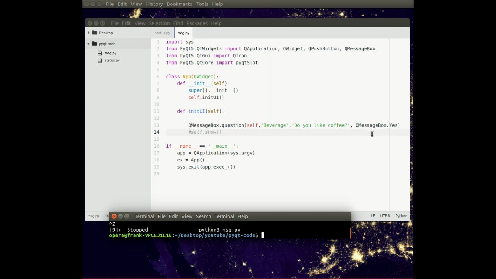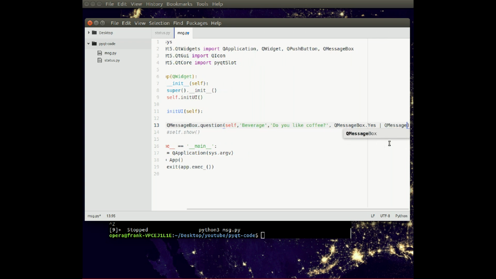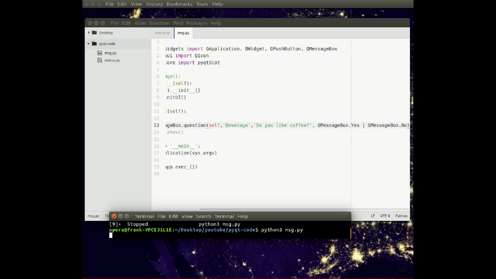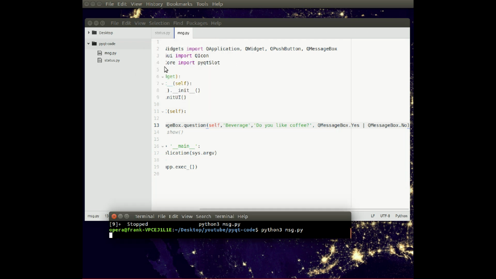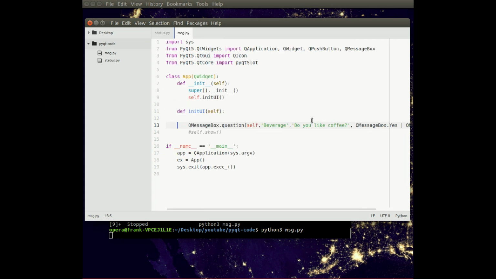And so it's obvious that this is the only good answer, but there are people who don't like coffee, so they might want another answer. So we add another answer, No. And when we run this, you'll see the two buttons are there. So we have No and Yes right here. And now we press on it, but nothing actually happens after